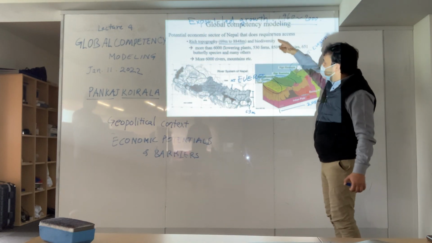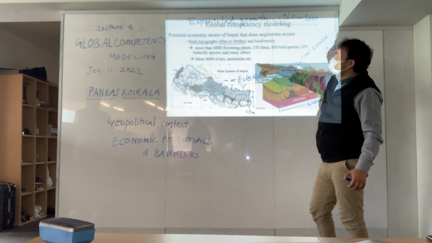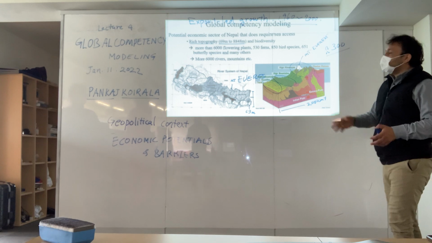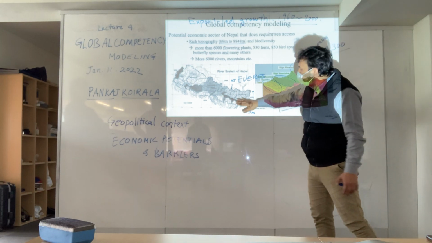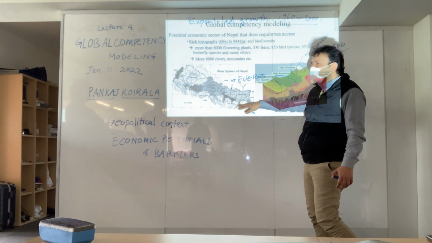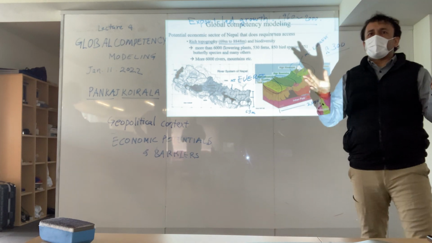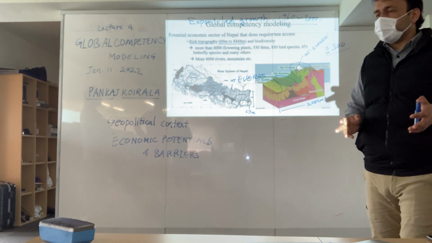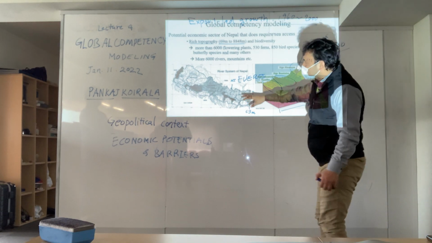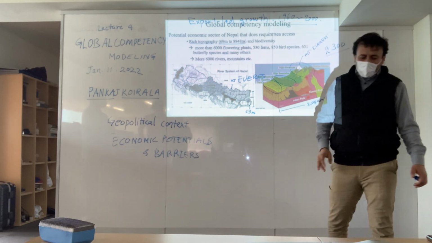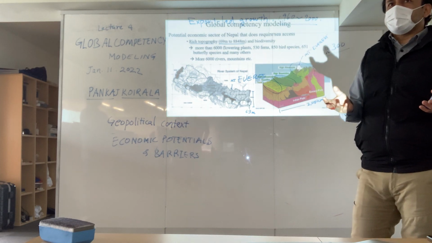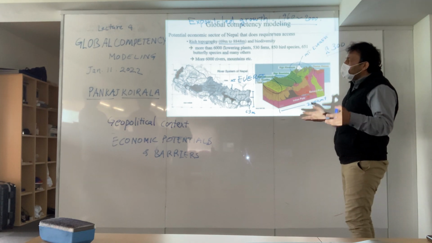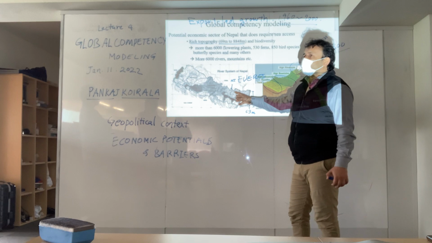Because of this altitudinal difference, we can have different plants and animals which have habitats at different altitudes. At a lower altitude, one kind of animal and plant grows. At a higher altitude, another kind of plants and animals can grow. So this is a unique habitat for Nepal, and many other countries may not have such an experience in their area. If they come to Nepal, they can experience it.